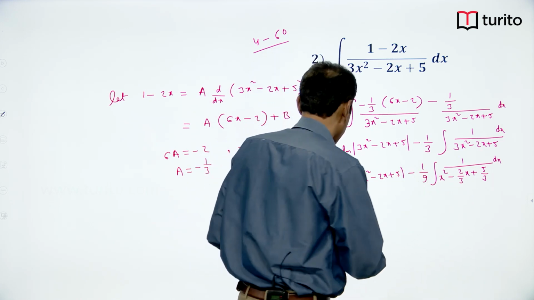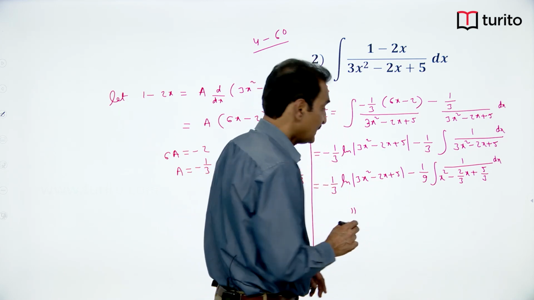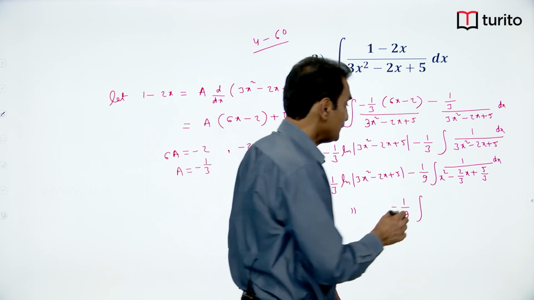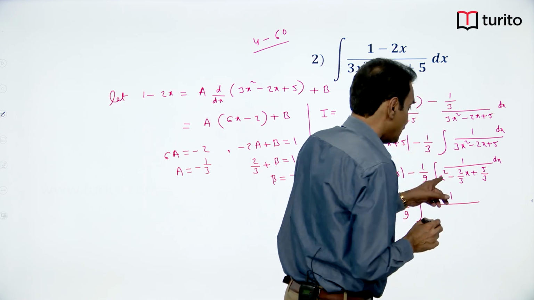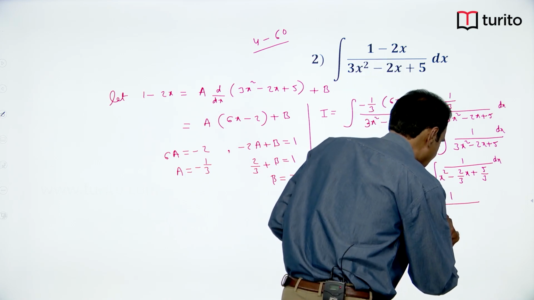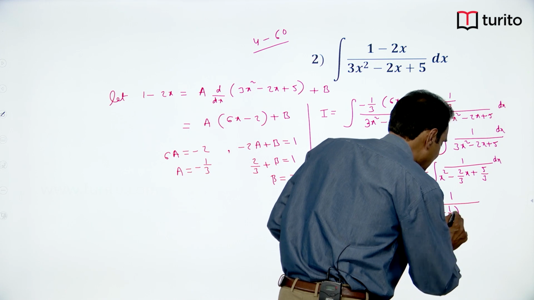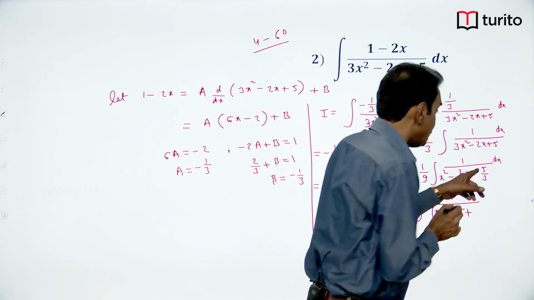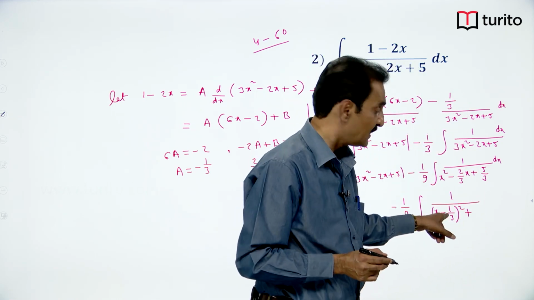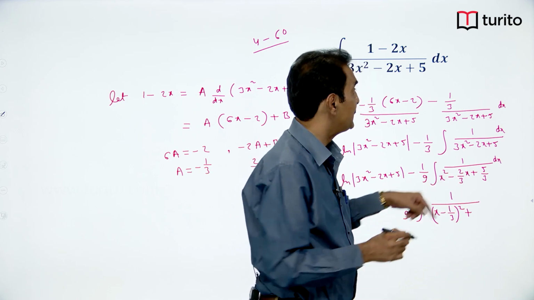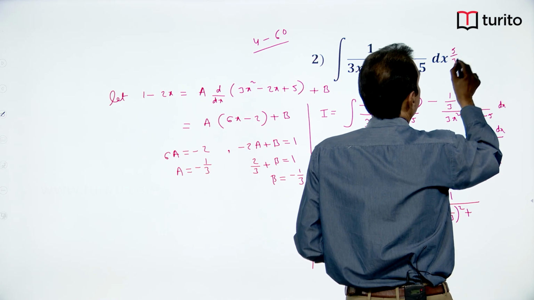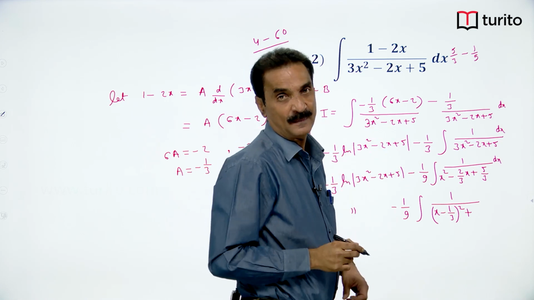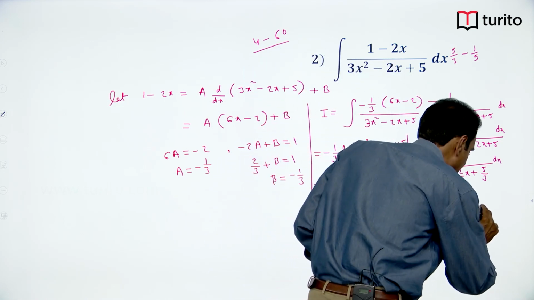I will write it directly. First term is as it is, minus 1 by 9 into integral 1 by, if you add 1 by 9 and subtract 1 by 9, x minus 1 by 3 whole square plus 5 by 3 minus 1 by 9. We have added 1 by 9 here. So, we have to subtract 1 by 9. 5 by 3 minus 1 by 9 will be what? 14 by 9. So, plus 14 by 9